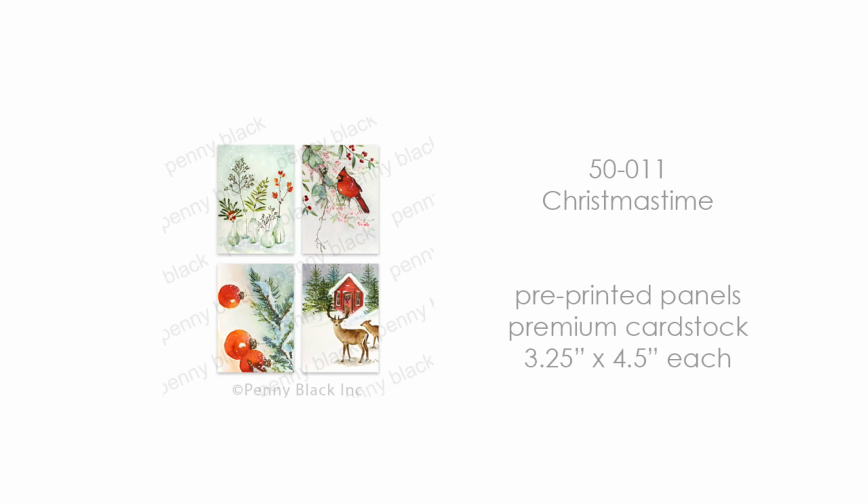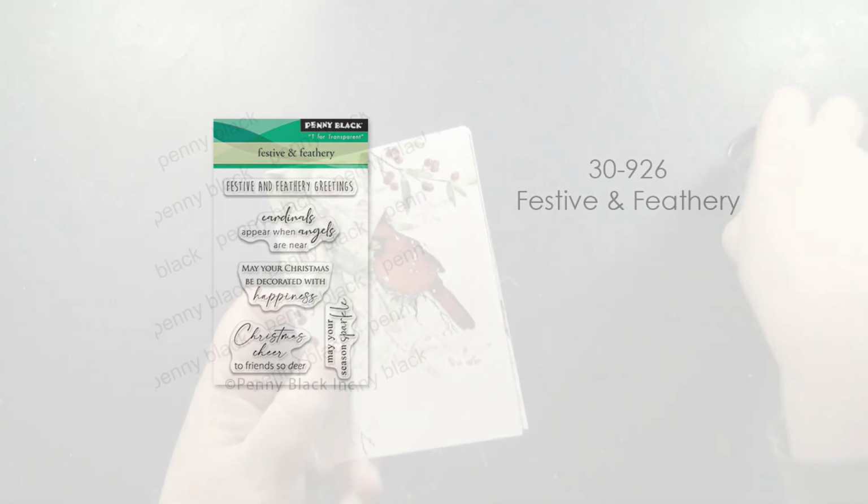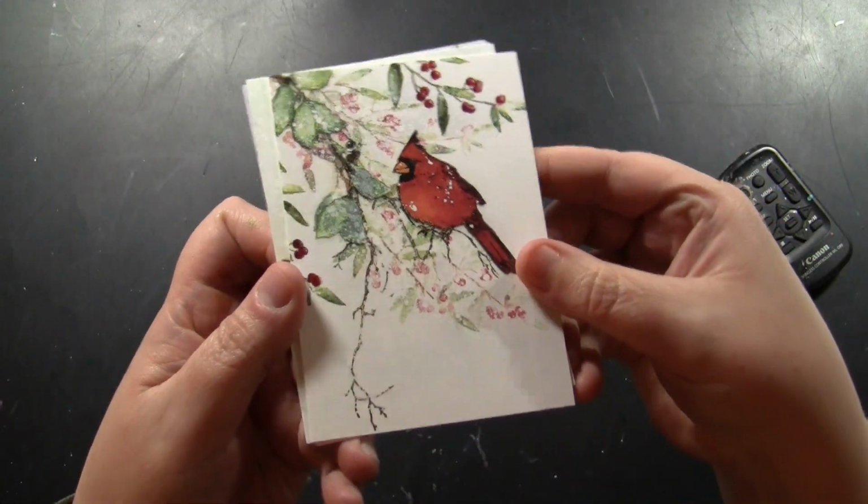This is 50-011 Christmas Time. These are pre-printed panels on premium cardstock at 3 1/4 by 4.5 inches each. This is the coordinating sentiment set that we have designed to go perfectly with these particular panels, 30-926 Festive and Feathery. And if you hit pause there, you can really read those and see how they work perfectly with these